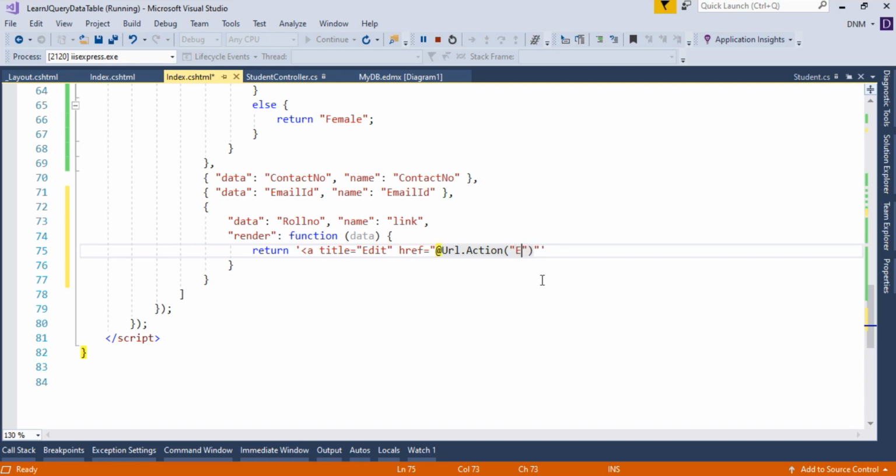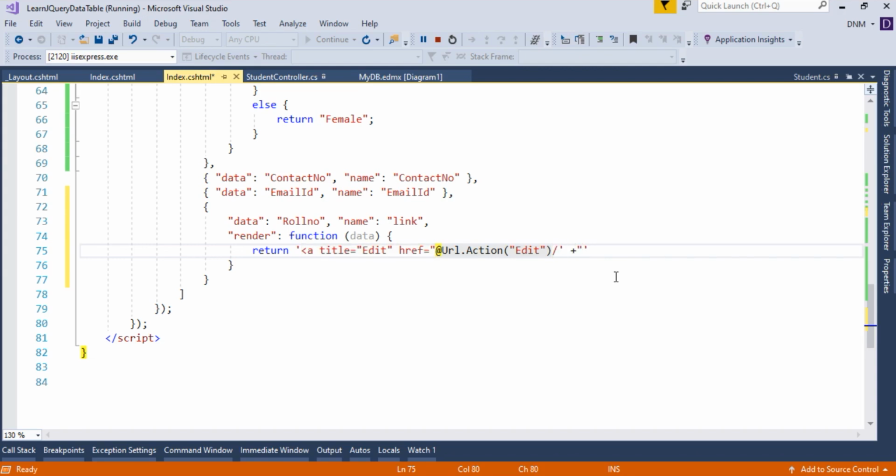So say I want to switch to edit action method. To that edit action method, I want to pass the ID or roll number. So that's why we bind this data with a roll number. So I'll say slash here, then plus sign. Let me enclose this.